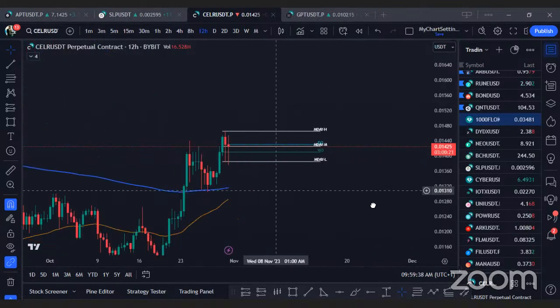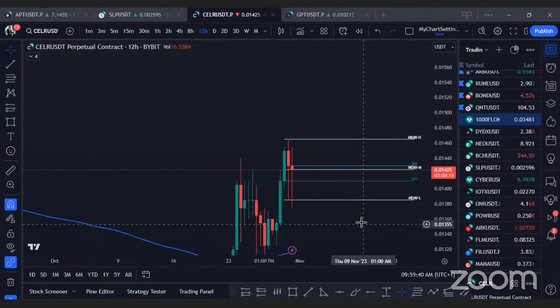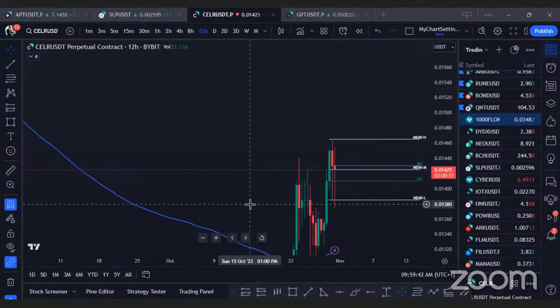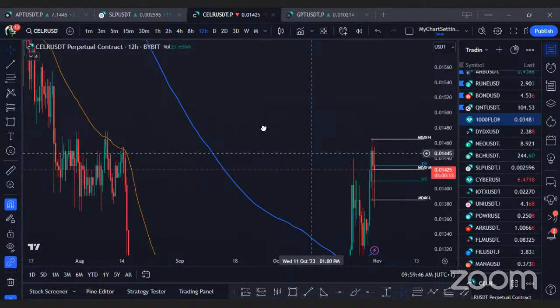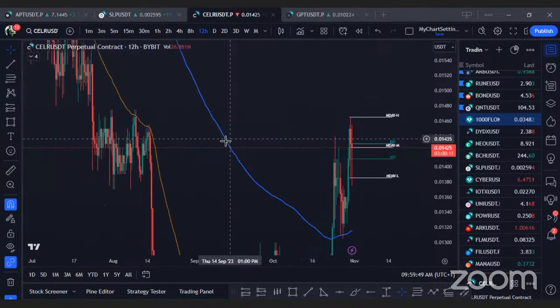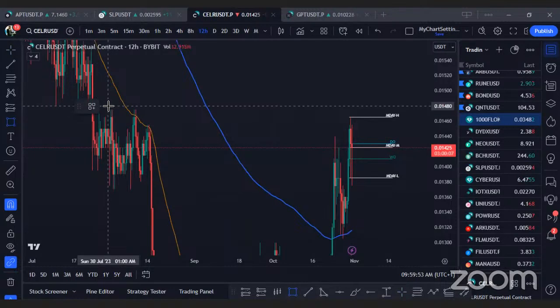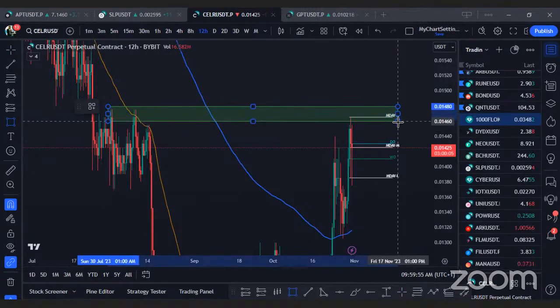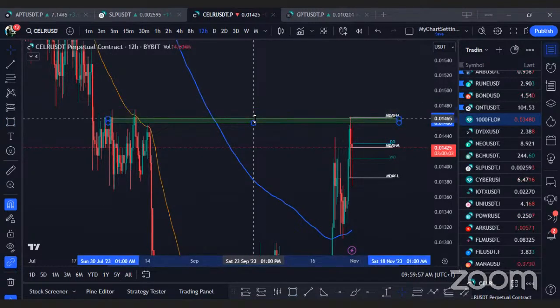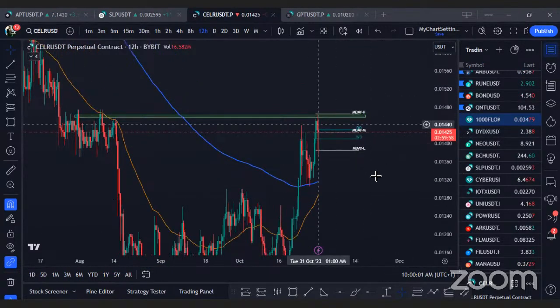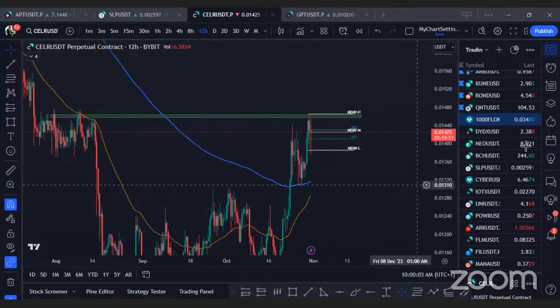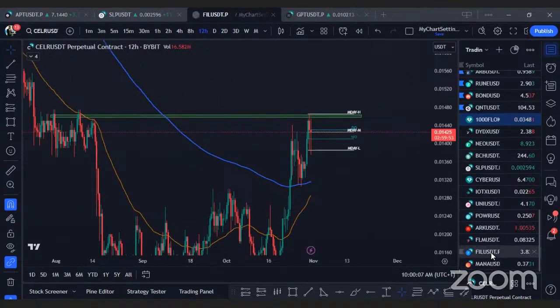Guys, look at that massive rejection. Okay, look at that massive wick there. But we are currently at a resistance here, guys. So wait for that to come back to that Monday's high. Maybe you can be looking to short. You can be looking for a short trade somewhere around there. If that area there holds, you can be looking to take a short trade from here. If we do go claim that area there, we should be looking to take a short for that particular token. And then for the Filecoin,